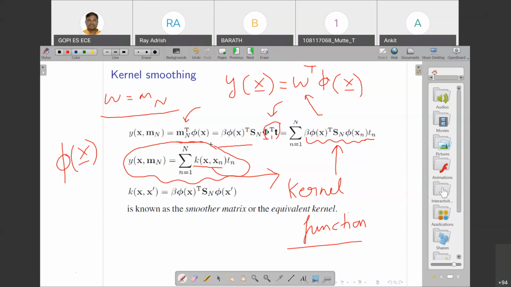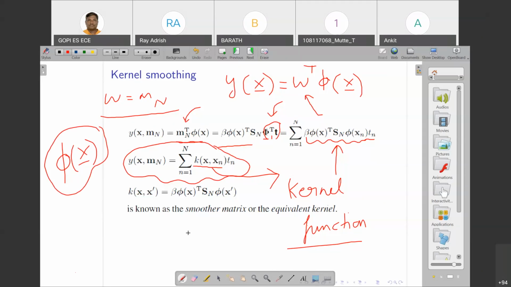What I'm trying to say here is, originally we were interested in finding out what basis function to use in modeling this linear regression model, like Gaussian, polynomial, and so on. Now, instead of looking for the basis function,